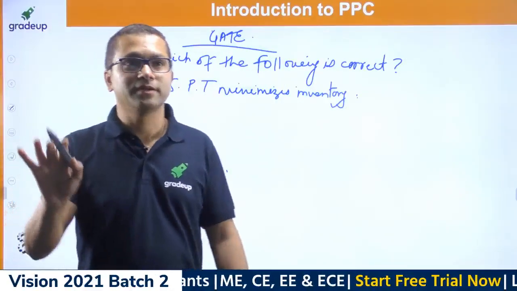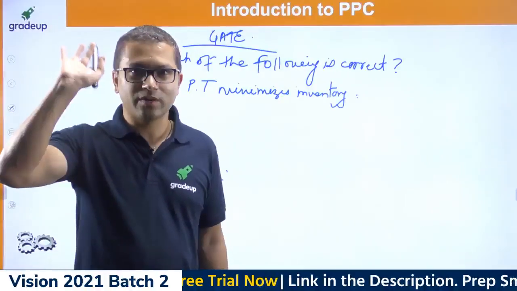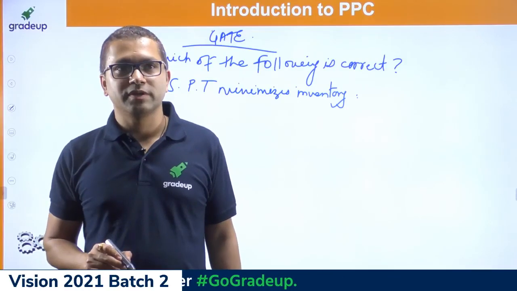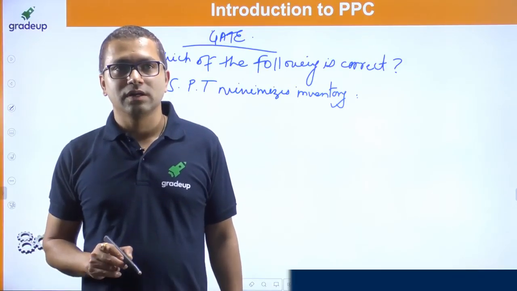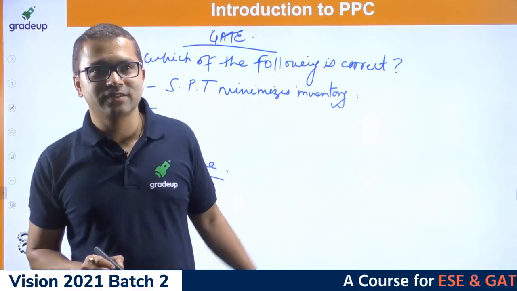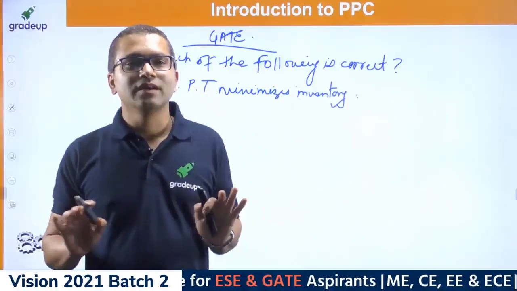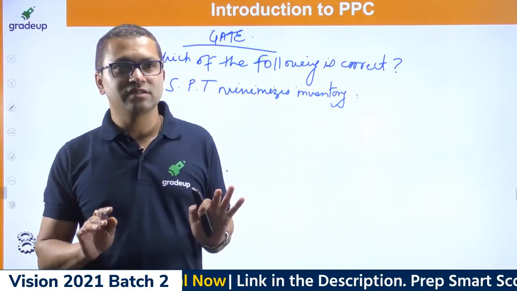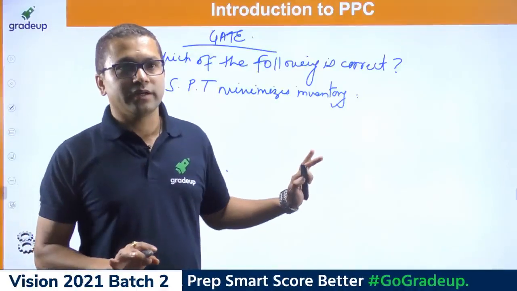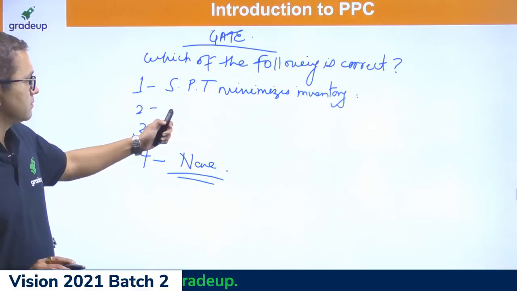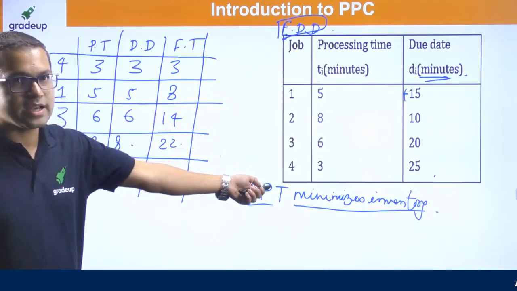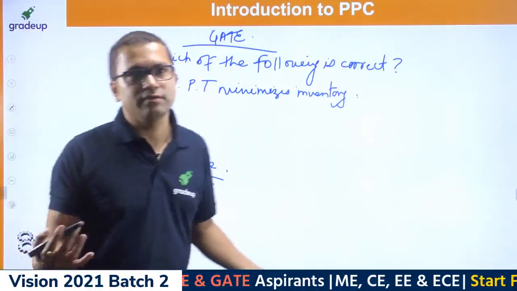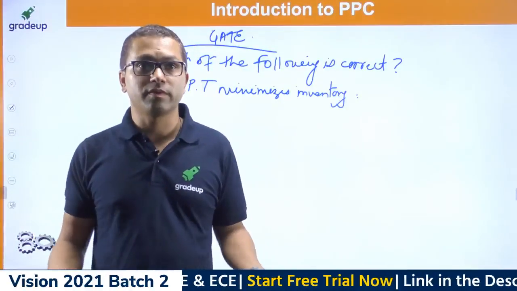I hope I'm giving you a context. Are you understanding what I want to tell you? What time the job has spent for doing the work? No, actually, Mohammed, this is my purpose: minimum time the job has spent for doing the work. Actually, my intention was this, Mohammed. If such a question comes up, you just assume things like this, any dates, and you prove that yes, SPT minimizes inventory. That's how you approach a problem.